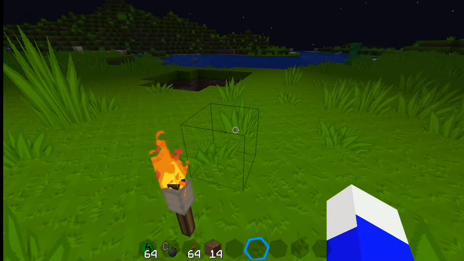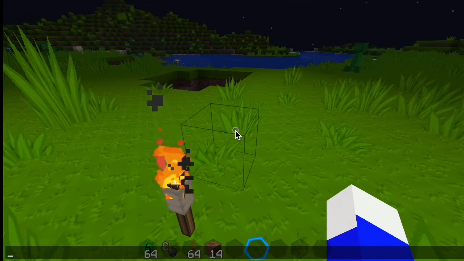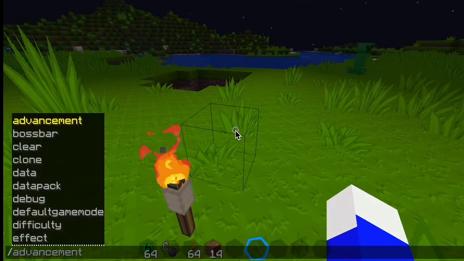So the first thing that you're going to want to do is, once you create the world for the first time, you're most likely just going to want to stand still, don't modify the world at all, and open up your console by pressing the letter T. Chat edit box. And for those who are using screen readers, it'll say chat edit box, and you want to type the following: /gamemode